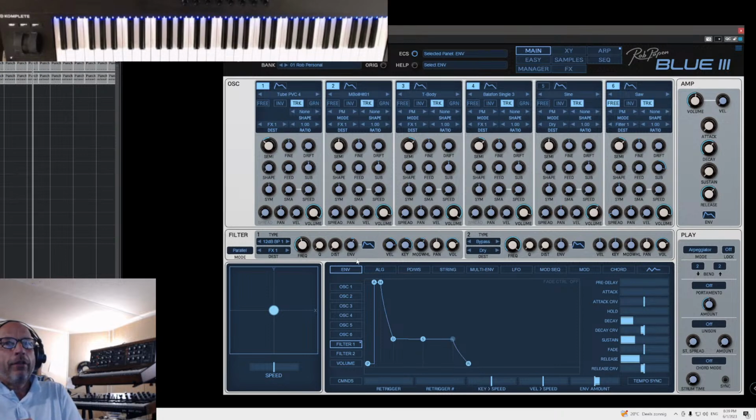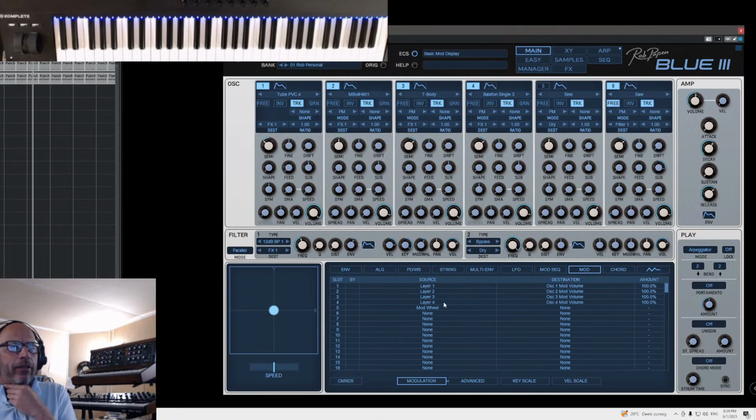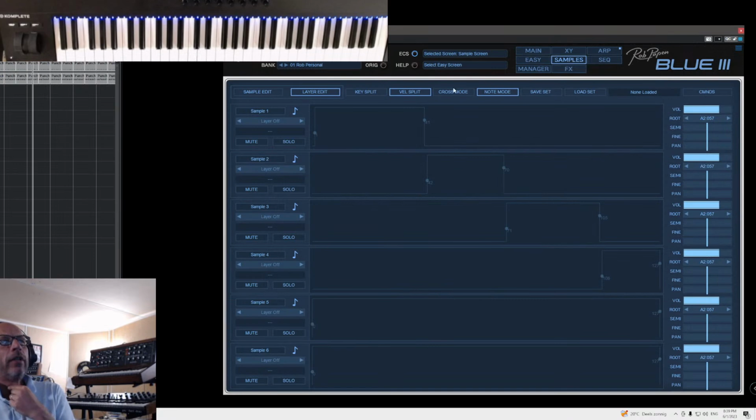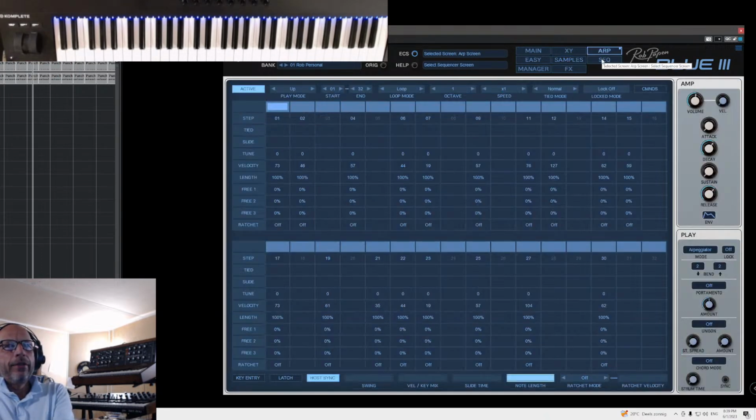So this is more deep editing stuff. I started out using layer 1 to 4 as a source, which is from the samples, and then you use the split points. So oscillator 1 plays only until velocity 41, and then oscillator 2 plays from velocity 42 until 70, oscillator 3 from 71 until 105, and 106 up to 127. There plays oscillator 4. In the Arpeggiator, if the